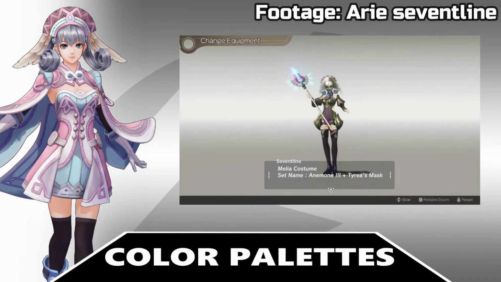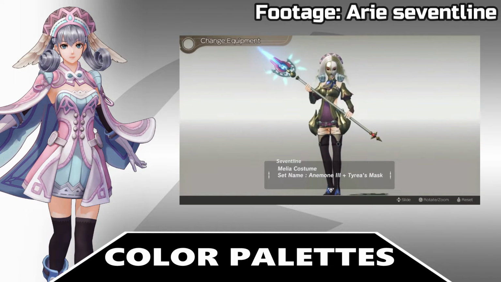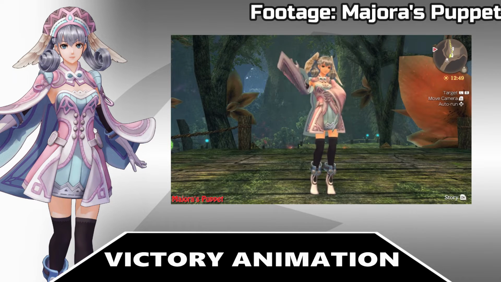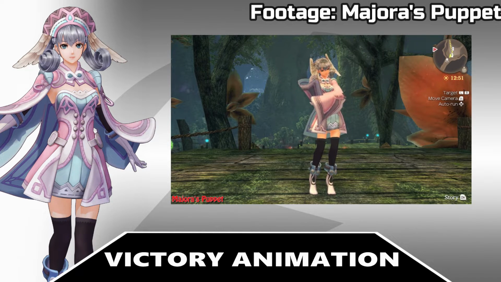This time she'll be wearing Tyrea's mask. This mask has a story element that I would go into more detail about, but again, I want to be as spoiler-free as possible. For her victory animations, she'll actually do a pose while holding her wings, and then she'll state,